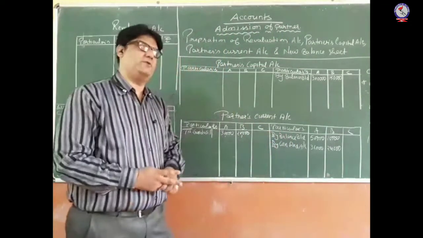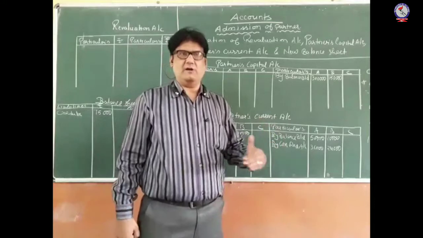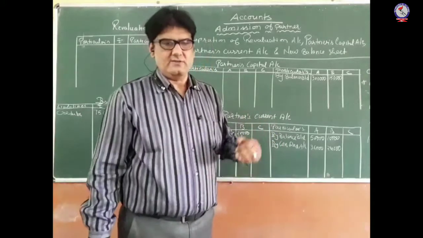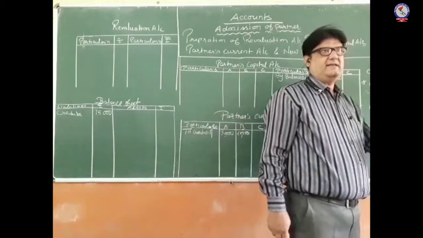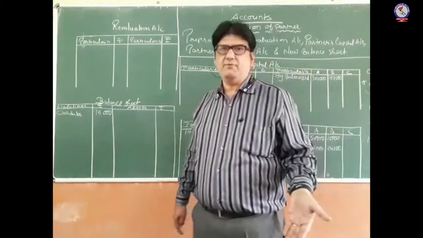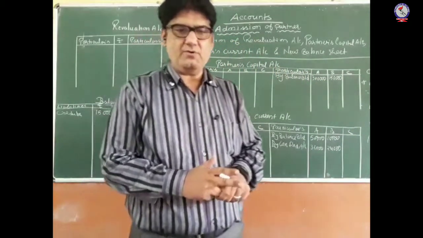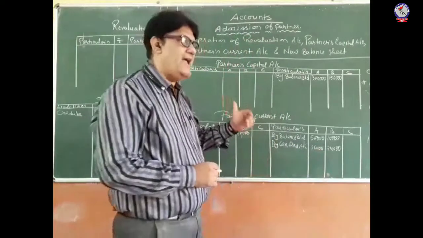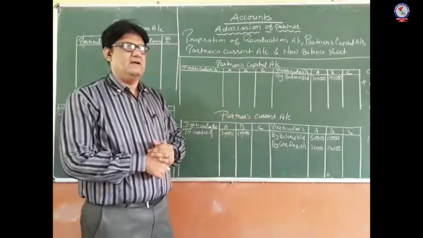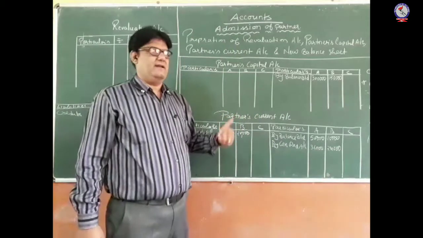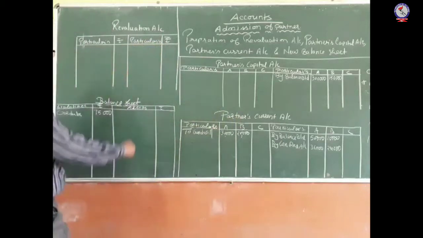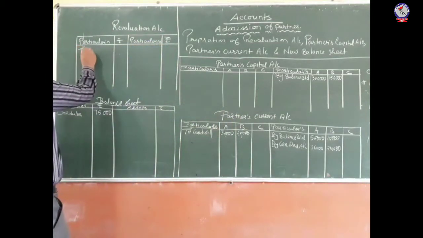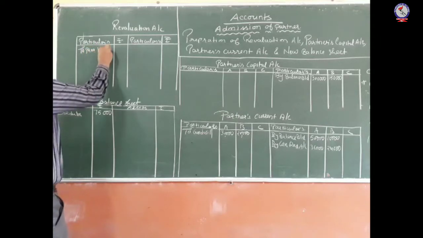पुरानी balance sheet में भी provision for doubtful debts का amount 4,000 already exists कर रहा है. So in this case what we have seen that new PDD is 5,000 and there was already an existing PDD 4,000. So there is an increase in the amount of provision for doubtful debts by 1,000 rupees only. पुराने में 4,000 ऑलरेडी था, नए में 5,000 हो गया वो, तो 1,000 रुपए का PDD बढ़ गया. तो it will be shown in revaluation account, that is to provision for doubtful debts.